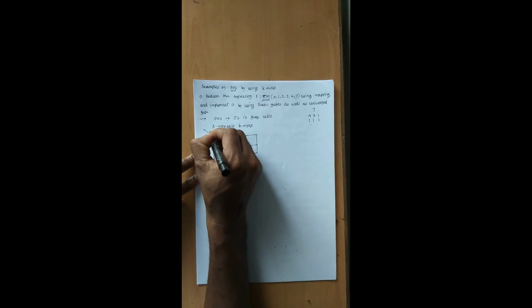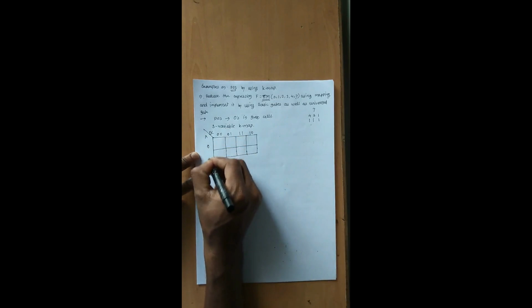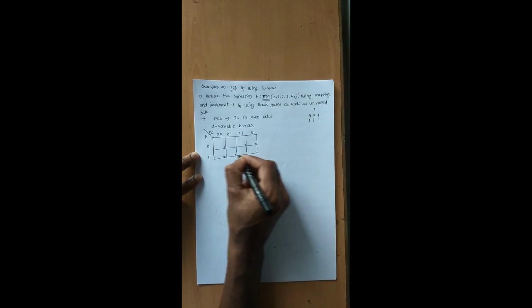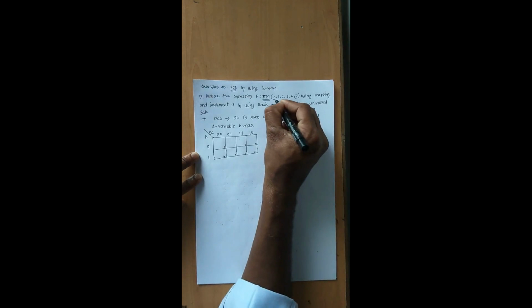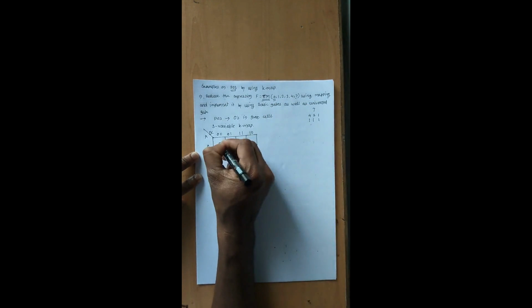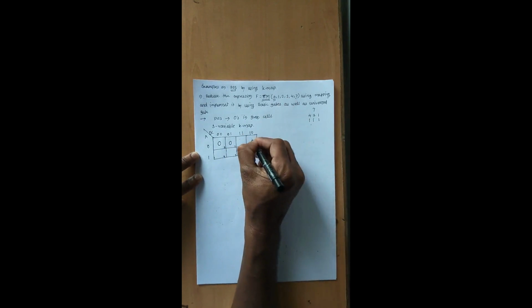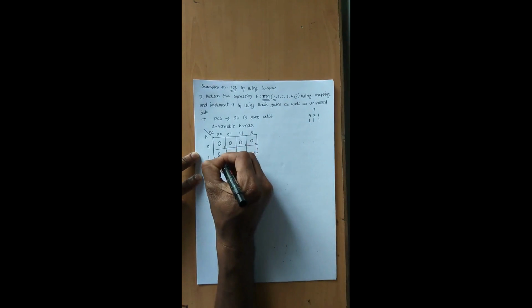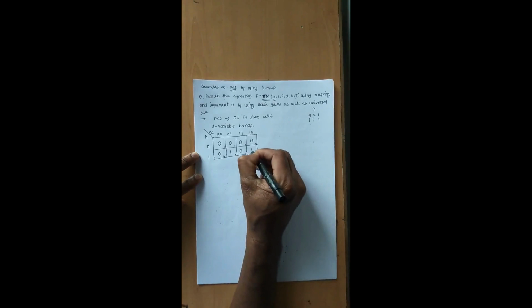A, B, C are the inputs. 0 0, 0 1, 1 1, 1 0, and 0 and 1. The cells are 0 1 3 2 4 5 7 6. These are the decimal numbers. So consider first the max terms which are present as 0. At 0, represent with 0 value. At 1, again we use 0. At 2, mention with 0. 3, mention with 0. At 4 and at 7. And the remaining cells represent with the 1s.